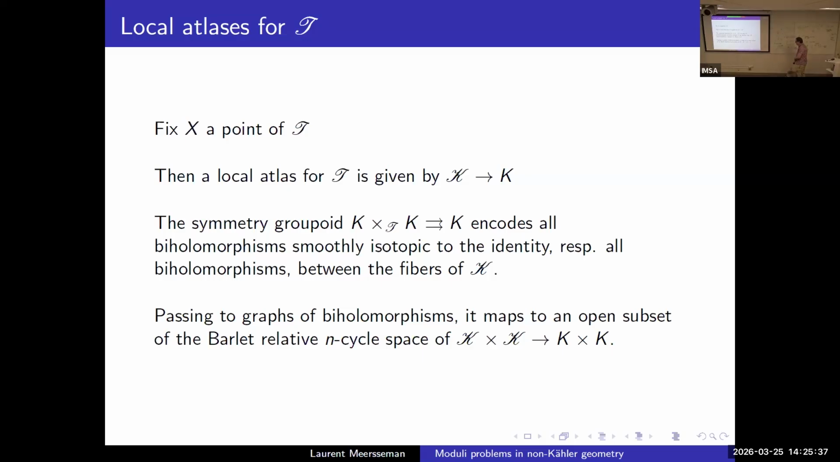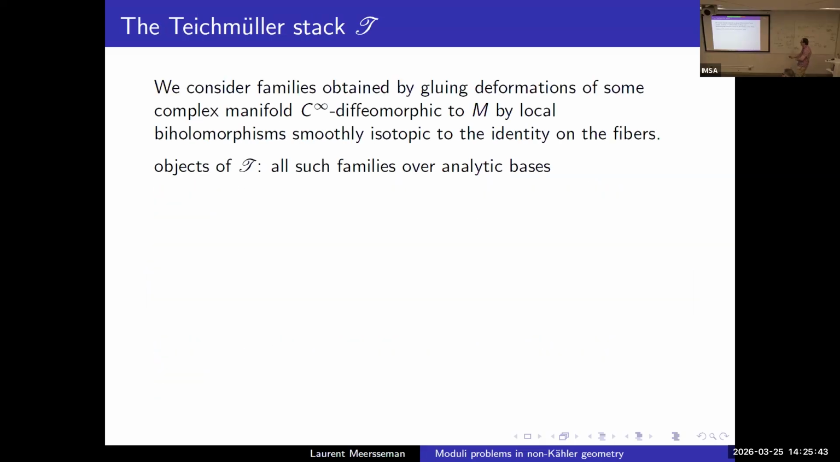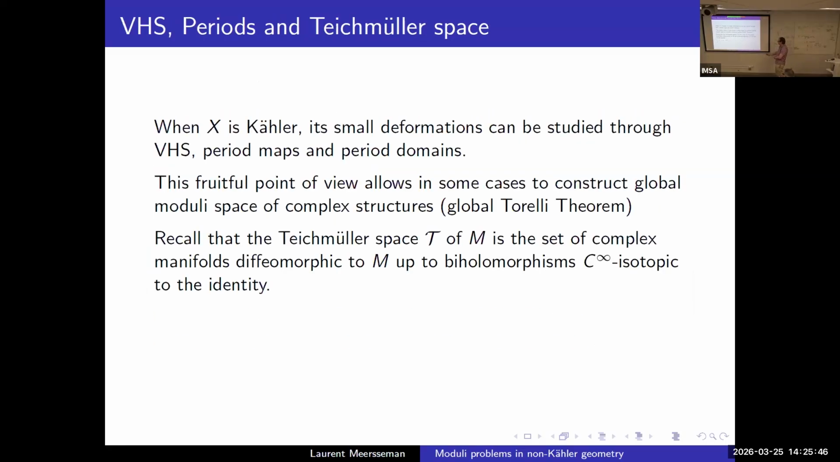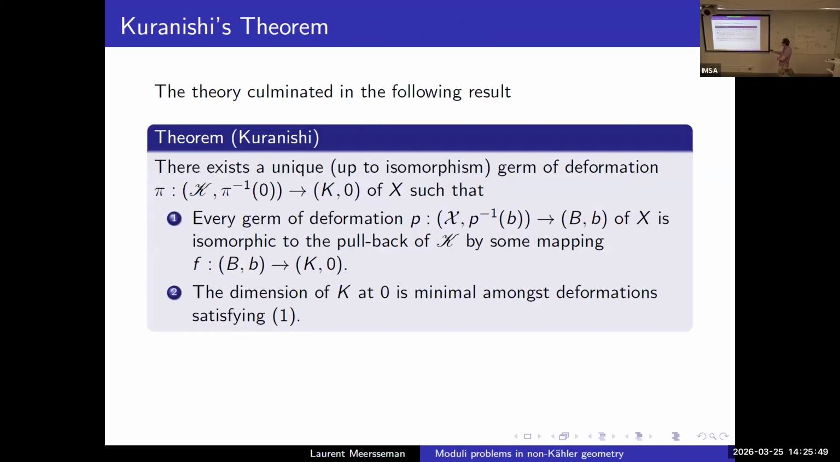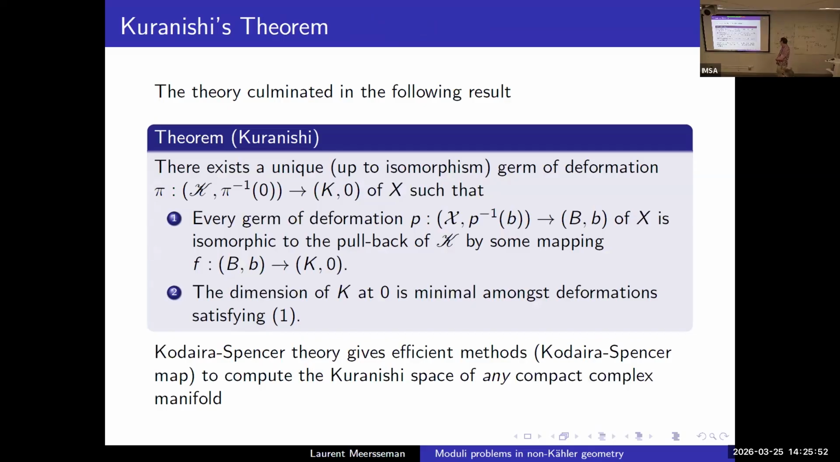So this is something I forgot to say. Perhaps I come back, it's really an important point. When I was talking about Kuranishi, I was so excited with the idea of explaining the Kodaira-Spencer map, but I forgot a very important point. Kodaira-Spencer gives efficient methods to compute the Kuranishi space of any complex manifold. So when you compute the Kuranishi space with the Kodaira-Spencer map,